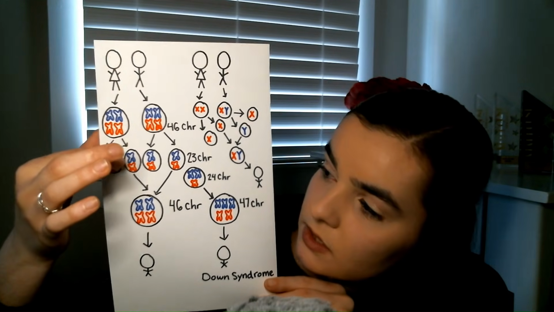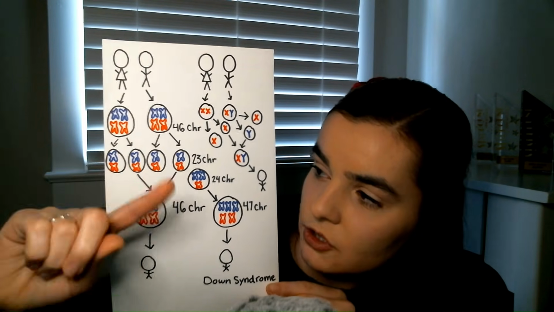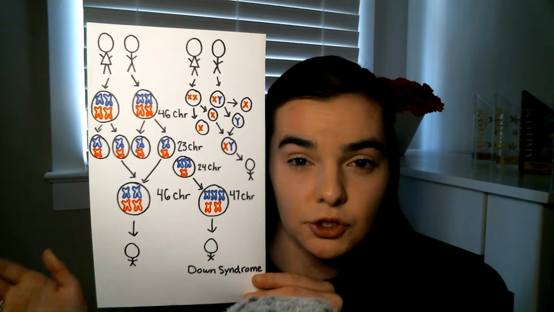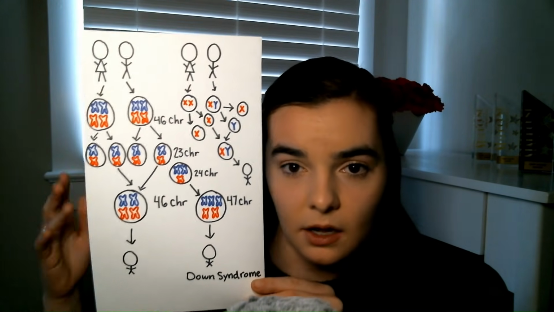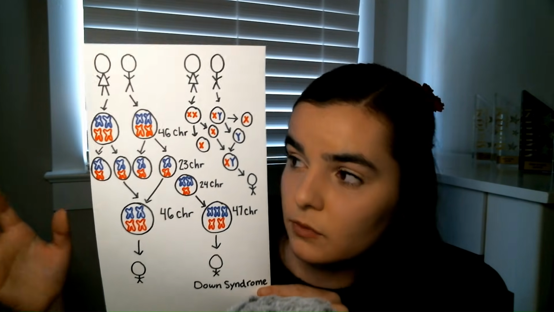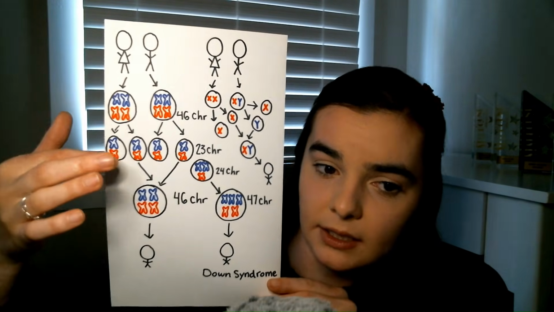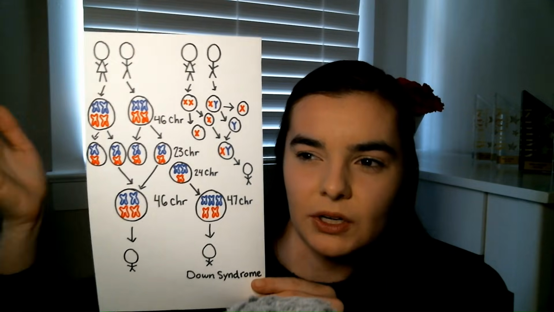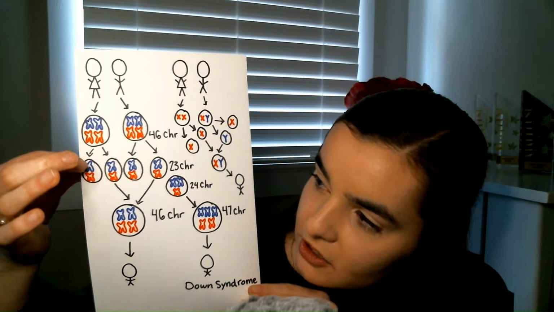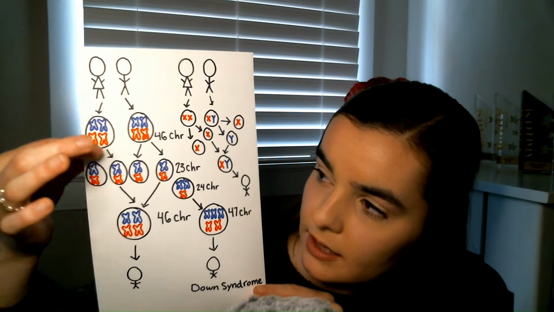These would be eggs and these would be sperm, and they each have 23 chromosomes because they have 1 of each pair of chromosomes, right? 1 chromosome 1, 1 chromosome 2, 1 chromosome 3, and it could be any combination of these. Maybe I should have done 4 different colors, but I feel like that's confusing. But basically, this one could have this blue one and this orange one, and this one could have that blue